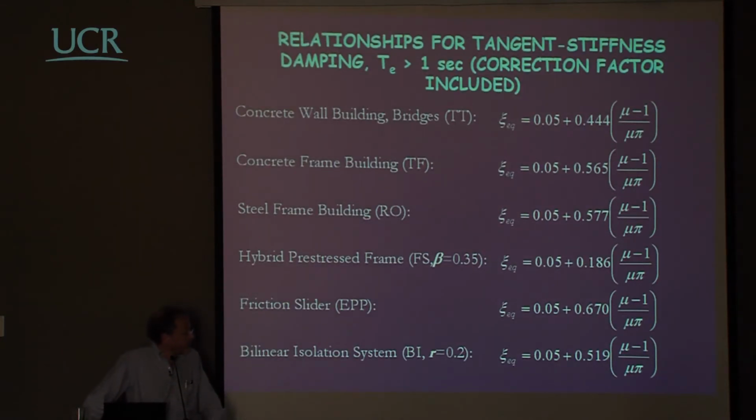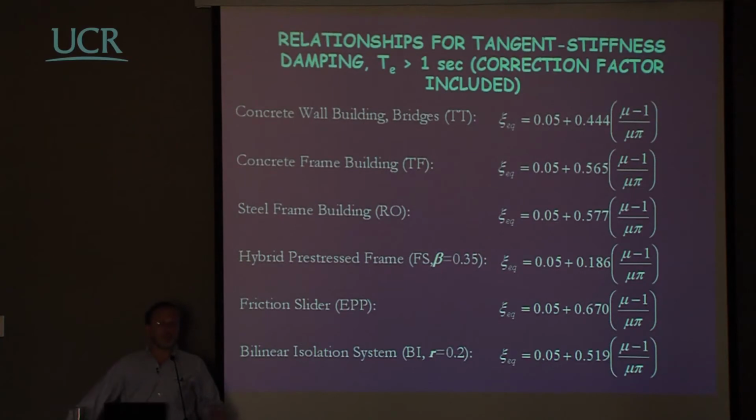And you have the other part where they have a similar structure, which is ductility minus 1 divided by ductility multiplied by pi, and only the multiplication factor changes. Of course, this multiplication factor is larger when you have larger loops and smaller when you have smaller loops. But if you look at, for example, a concrete frame building, Thin Takeda, or a steel frame building, Ramberg-Osgood formula, and you look there, you have a 0.565 or